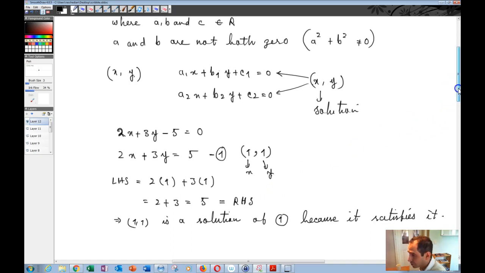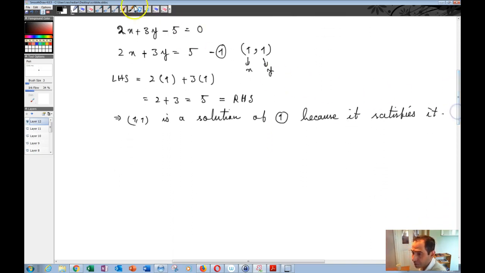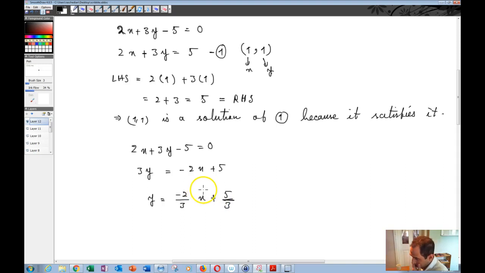What's important here is that if you have this equation, 2x plus 3y minus 5 is equal to 0, then you can write it as 3y is equal to minus 2x plus 5, and so y is equal to minus 2/3 x plus 5/3, okay? And of course,